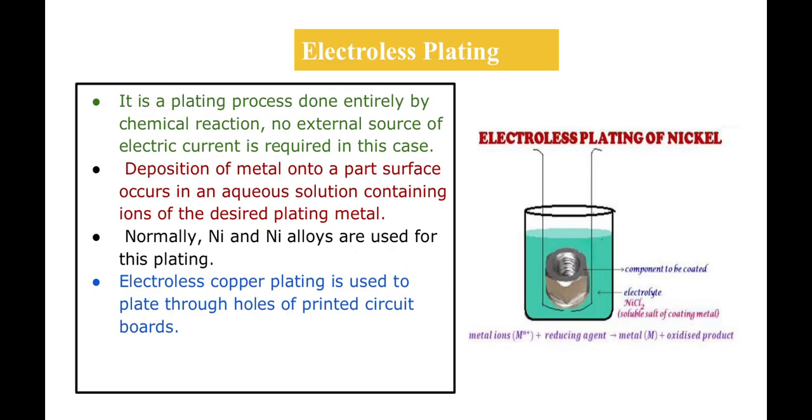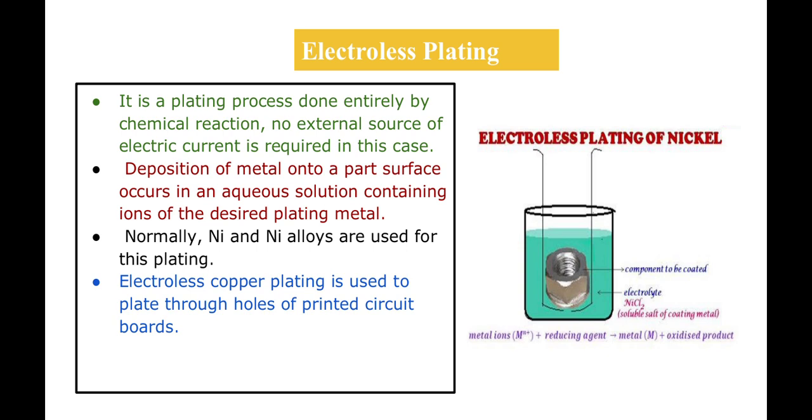Now let us discuss electroless plating. As the name indicates, it is a plating process done entirely by chemical reaction. No external source of electric current is required in this case. Deposition of the metal onto the part surface occurs in an aqueous solution which contains ions of the desired plating metal. The process uses a reducing agent, and the work part surface acts as a catalyst for